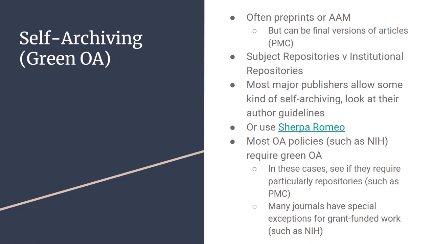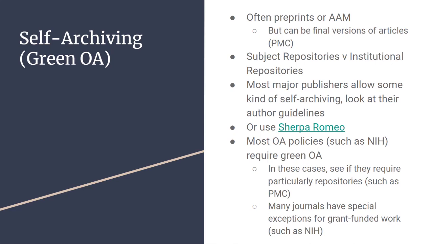in a journal. And while they're a little bit less common, there are repositories out there that accept the final versions of articles. An important one that you're probably familiar with is PubMed Central. PubMed Central is an open access repository, but it actually requires that the final versions of articles be submitted to PubMed Central, and of course it requires that as part of NIH funding.